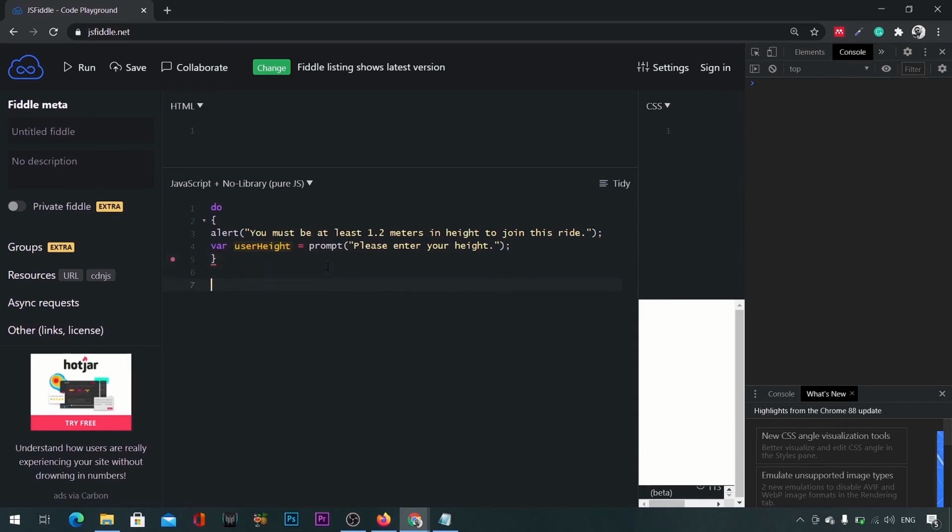Okay, so while something is true, keep doing something else. That's how you should be thinking about it. So while user height is less than what the user is actually passing in, which is 1.2 meters. So while it's less than 1.2, keep prompting the user and keep alerting to the user that they need to do something. So skip a line, alert, open my parentheses,